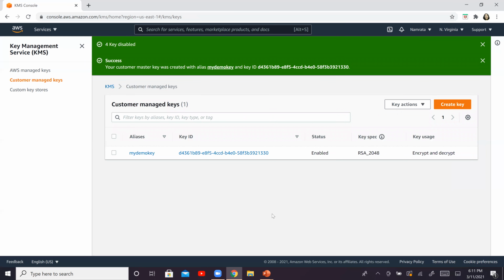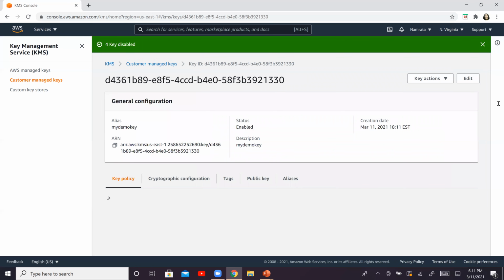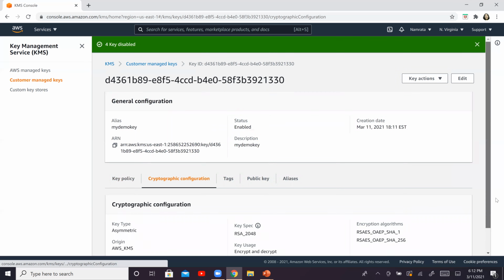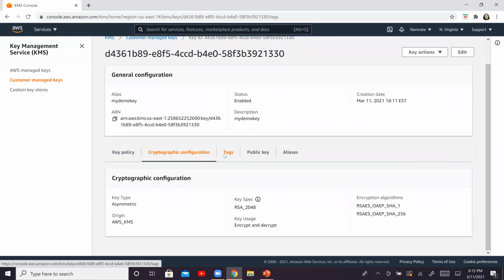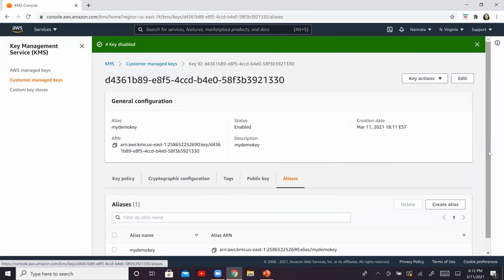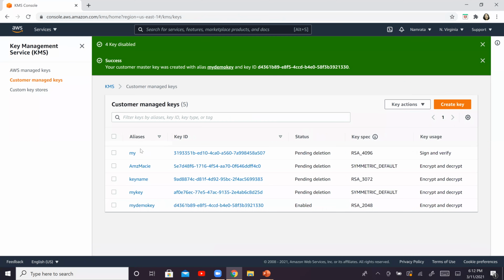And there is my key. So my key has been created. This is the key. And this is the alias or the name of that key. You can click on this and it will basically showcase all the information to you, right here, whatever we just gave sometime back. Okay, and this is how you go about creating a key. So as you see, these are all the keys that are there, and this is the key that we just